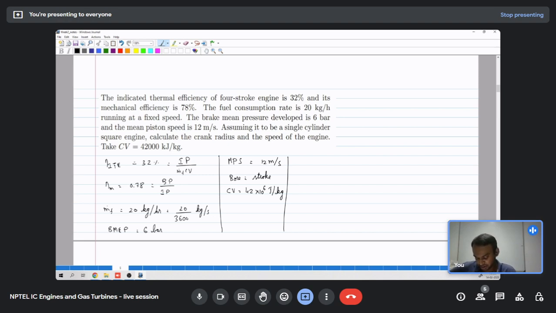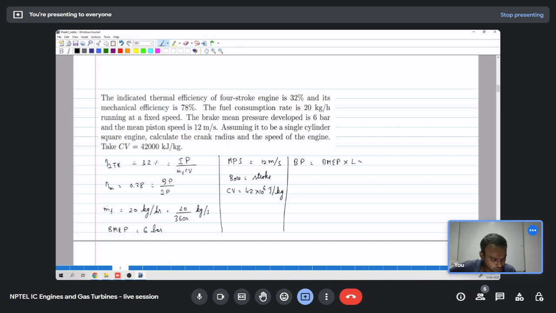Here the BMEP is given, so from BMEP we can calculate. BMEP will have a relation between the brake power, brake torque, speed and volume. So if you write brake power, BMEP